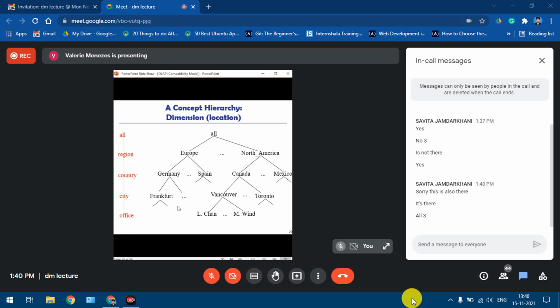These are the low level hierarchies, and as we move up, we can move from low level hierarchies to high level concepts. We move up the hierarchy from the low level detail, that is from each office location or street to a city, city to country, country to continents, and so on. So location can be represented in this manner using a concept hierarchy.